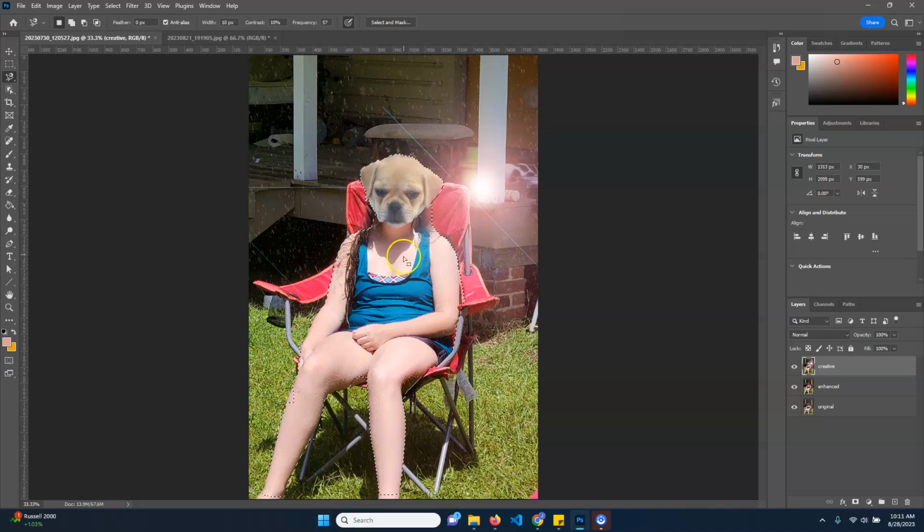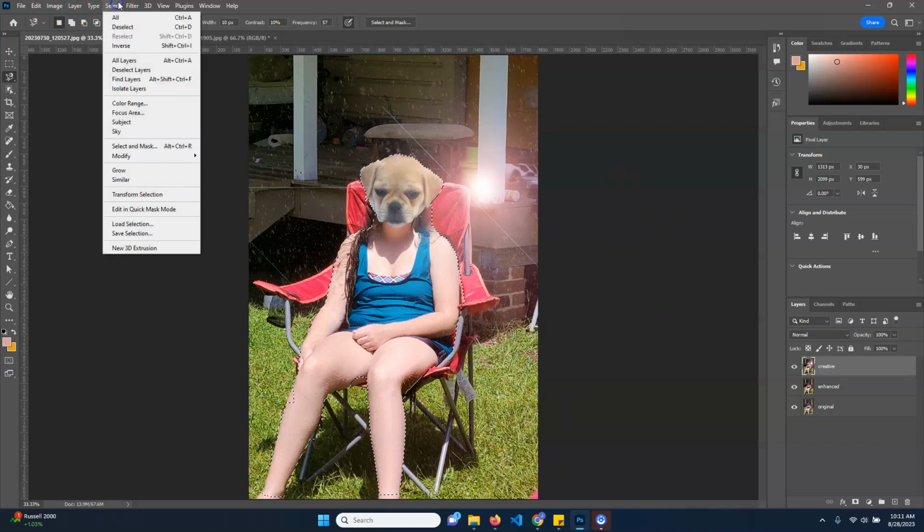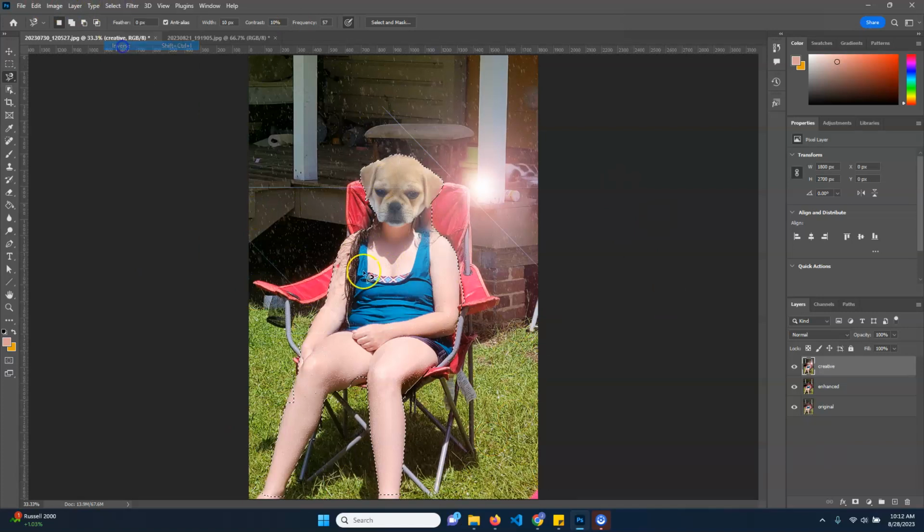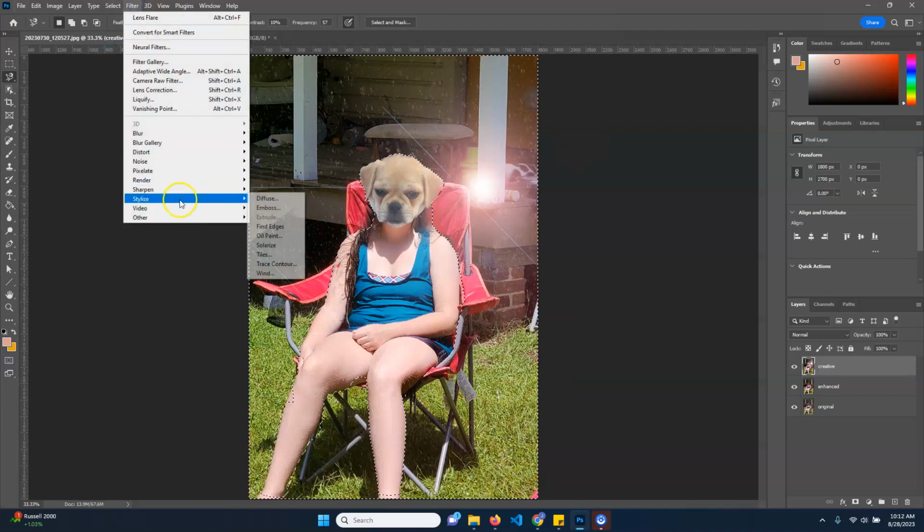And then I'm just going to double-click, and now I have her selected, but I actually want not her selected. I want to leave her alone, but have everything else have an effect. So what I'm going to do is go to select, and I'm going to go inverse, right? So now it's everything but her is selected. Then I'm going to go filter, stylize, and then there's all sorts of different ones here. So we could do